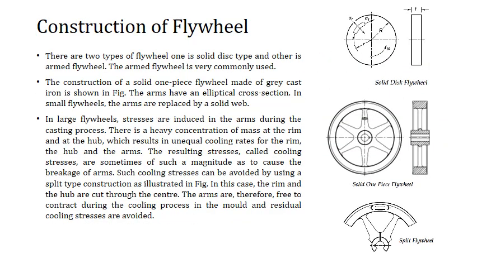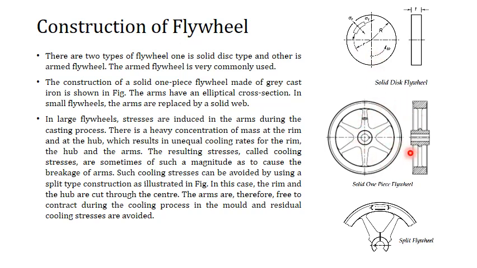Construction of flywheel. The next topic of our discussion is the construction of flywheel. Now you know that there are two different types of flywheels. One where the solid disc type of flywheel is used. So this figure is going to show you the solid disc type of flywheel, which is having a uniform thickness throughout from the center to the end, and this type of disc is called as solid disc type of flywheel. The second category is the armed flywheel.